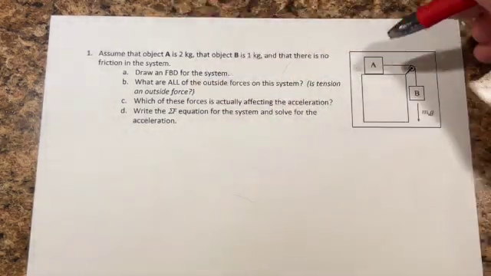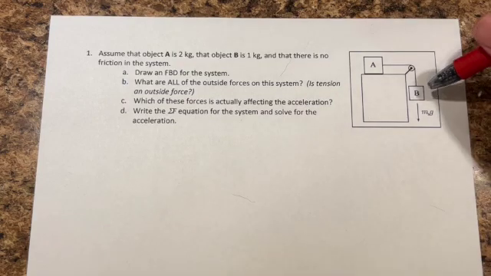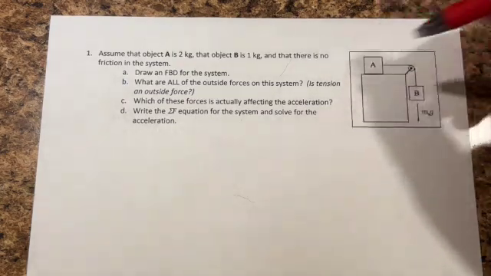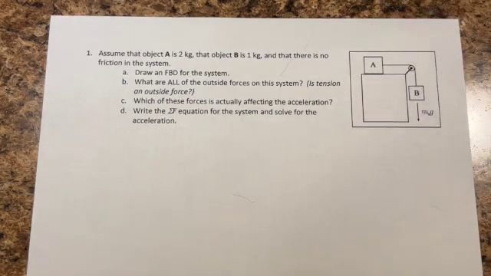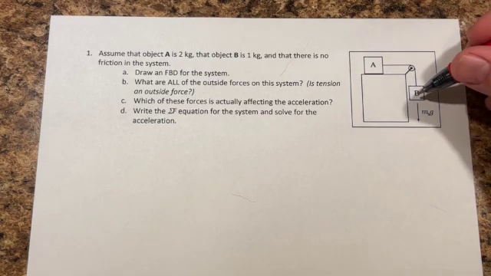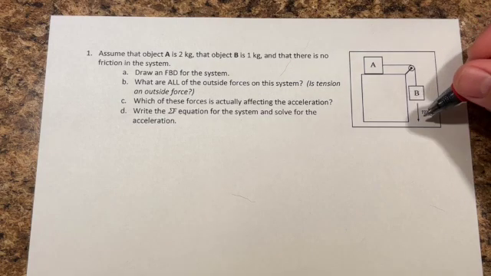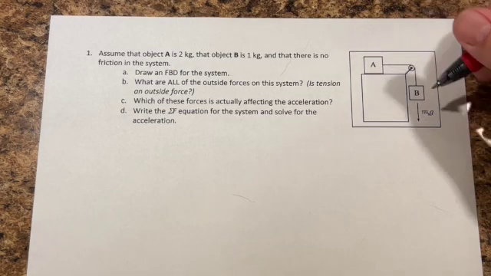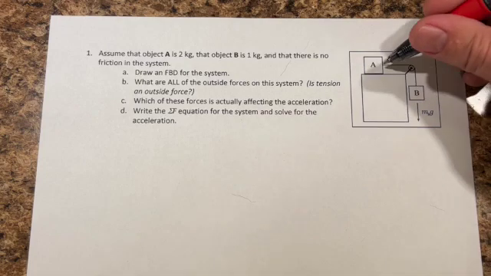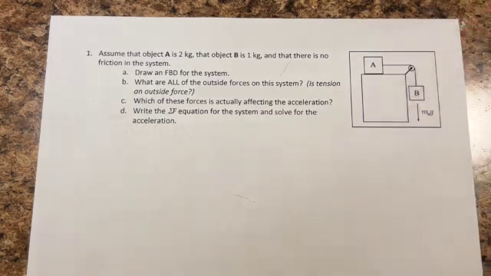We have object A is 2 kilograms, object B is 1 kilogram. We have no friction in this system. And from our experience, we can say, I'm pretty sure that B, because B is pulling down here, is going to pull A forward. And for every centimeter that A moves forward, B is going to move down. So we're using our experience of systems like this to look at this and go, this could really just be